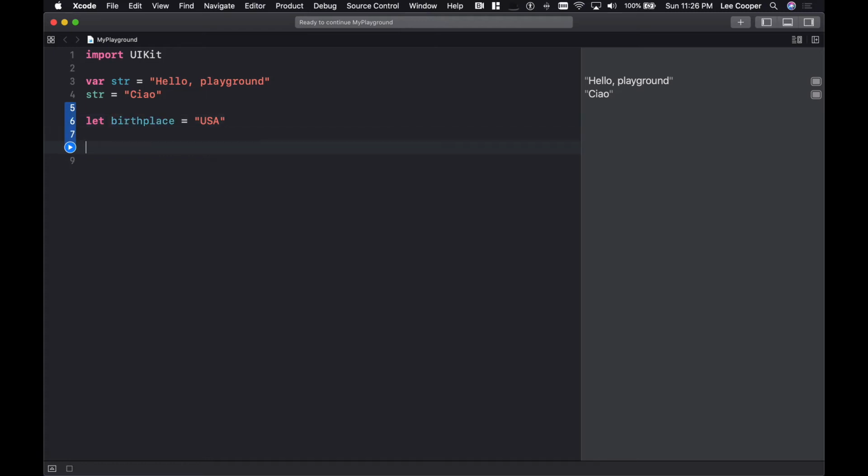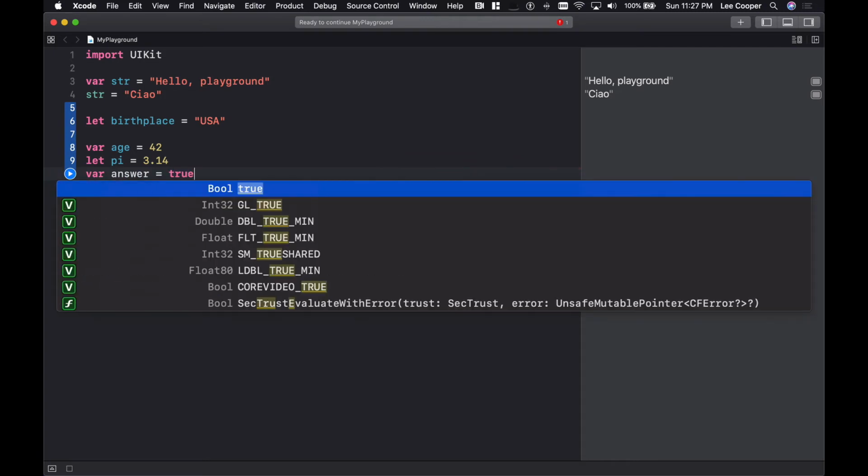Now, some other basic data types that Paul went over. You have integers, something you see in a lot of programming languages. Obviously, these are numerical values, whole numbers. You also have, for anything that's going to have decimal places, what's called a double data type, which stands for double precision. And also, the Swift language has support for the Boolean data type, so something that can be either